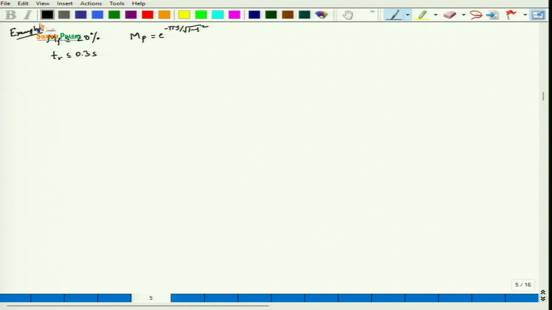We have seen this in the prior lectures. Similarly, tr can be approximated as 1.8 by omega n. And if we do these calculations, we find that zeta is greater than or equal to 0.5 and omega n is greater than or equal to 7 radians per second. Considering these as our design objectives for this particular system,